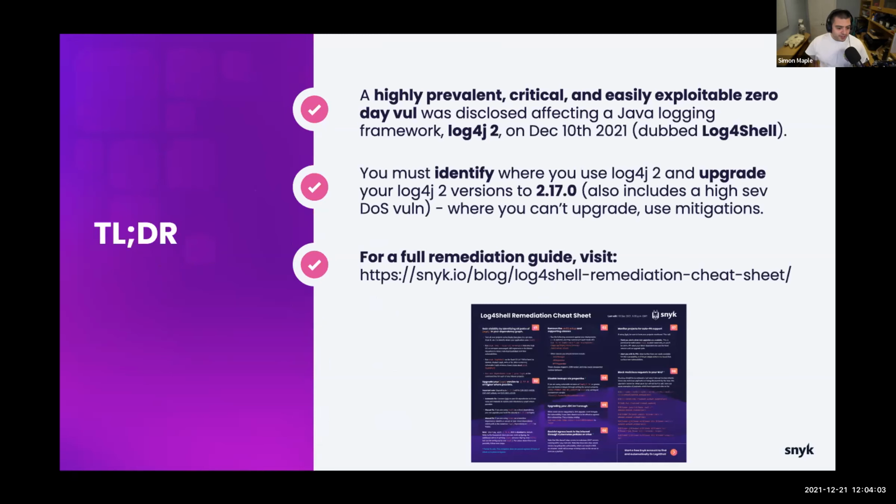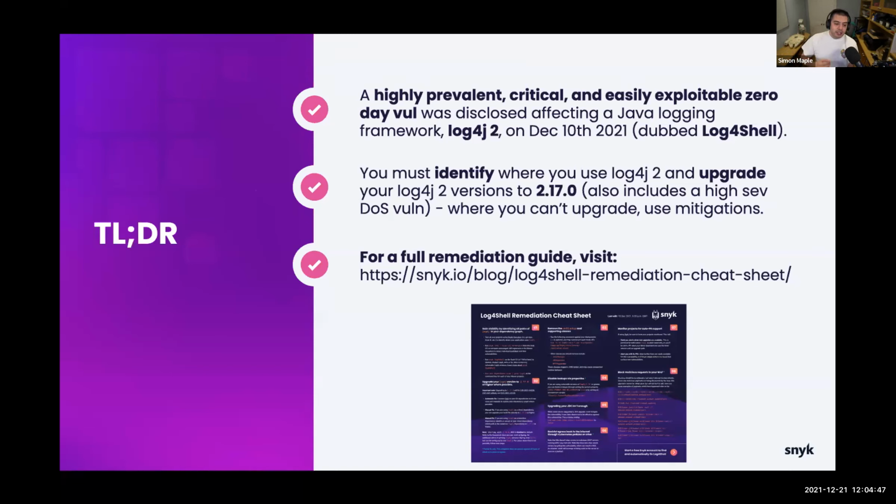I'm going to be brief here in terms of the TLDR. If you took one thing away from this session, of course, we all know that Log4j is a highly prevalent vulnerability. It's critical, and actually composes two separate remote code execution vulnerabilities. There is an additional denial of service, although that's not part of the Log4j. It's just another vulnerability on Log4j because it doesn't provide you with the ability to get a shell to do the remote code execution. It's quite easily exploitable, and it's a 0-day vuln. So it's a very important vulnerability that I'm sure everyone already knows about, so I won't go into too much depth at this stage. December 10th was when it was originally